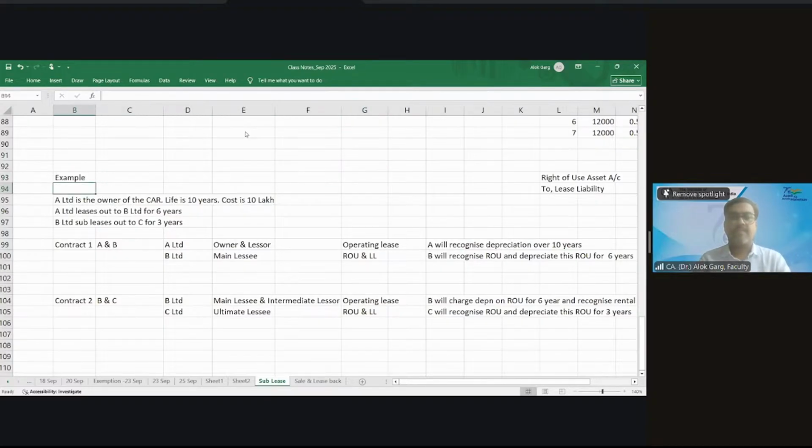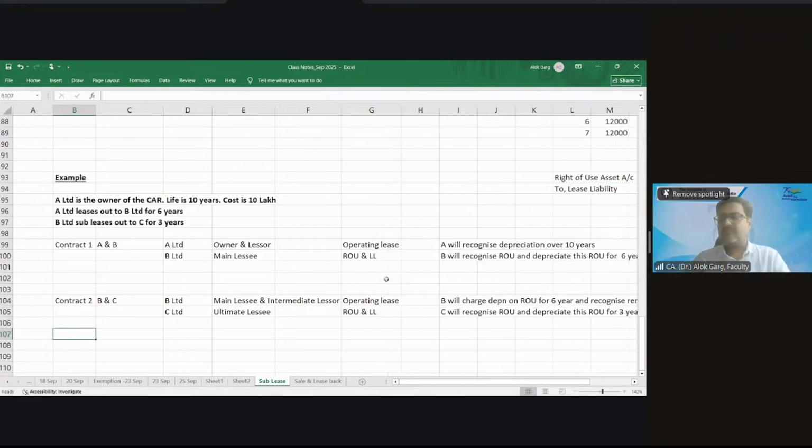So, sir, basically we can say that in the normal case, the person, like let's say A Limited, has the asset in his books. In the loan case also, the person has the asset in his books. But in the lease case, the person generally does not have the asset in his books. So the accounting standard setter wants them to have something in their books to show a true and fair view that this person is holding the thing. That's exactly what you are saying, Ayush.